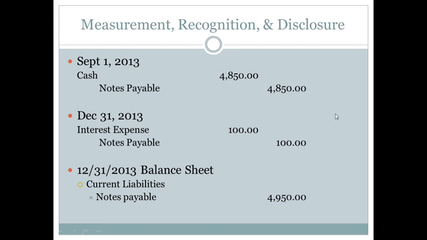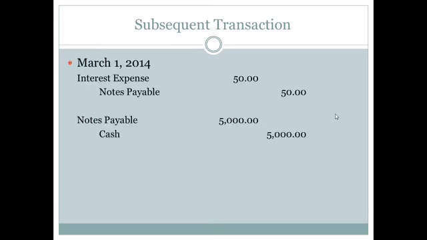Now, just to complete the cycle, we'll take a look at what also happens in 2014. On March 1st, when we pay off the note, we could combine this into a single transaction, but for teaching purposes here, I've separated this into 2 separate transactions. We need to record the remaining amount of interest, $50 of interest expense to be recognized in 2014. That again gets added to the notes payable account. So we debit interest expense, credit notes payable,